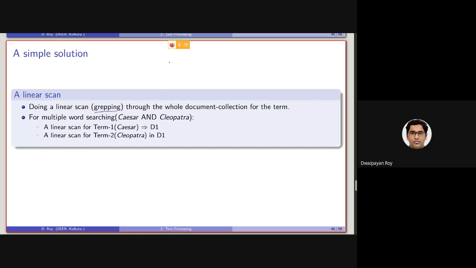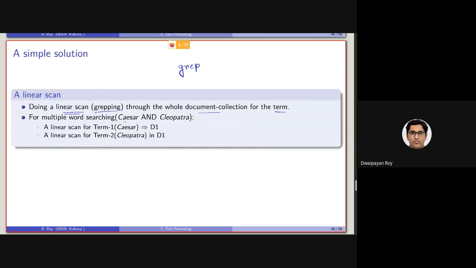Those of you who use the Unix operating system might have heard of a command named grep, using which we can search for the occurrence of certain words in documents, which actually performs a linear scan. So the simple solution is to perform a linear scan through the whole document collection for the terms.